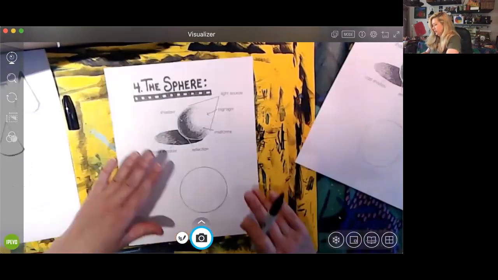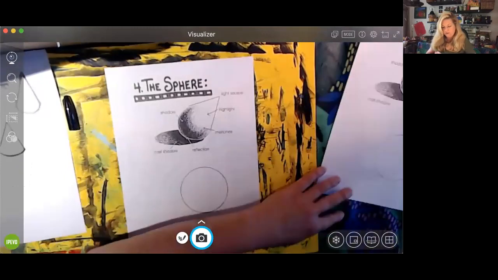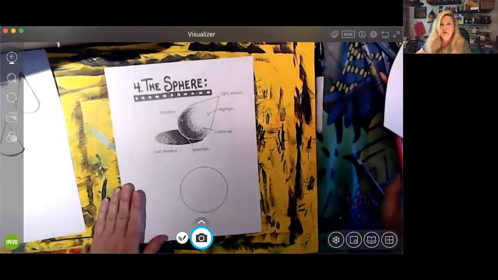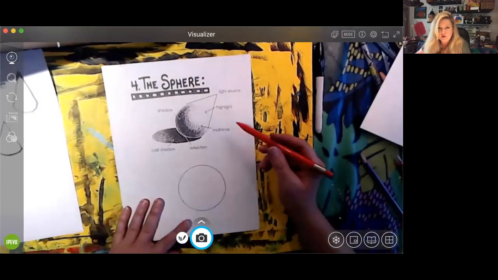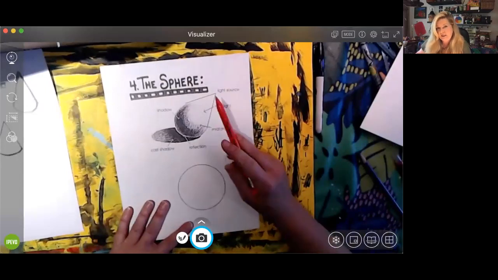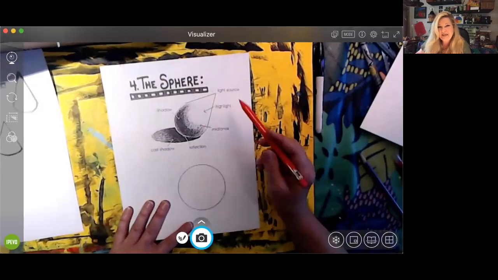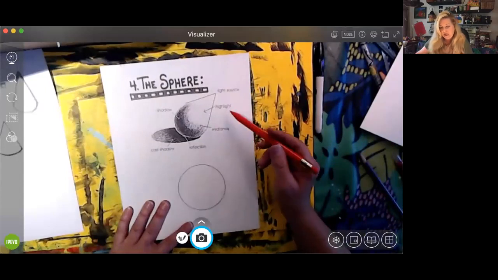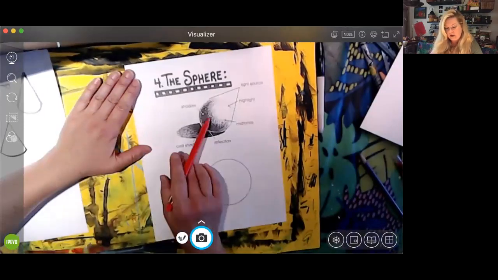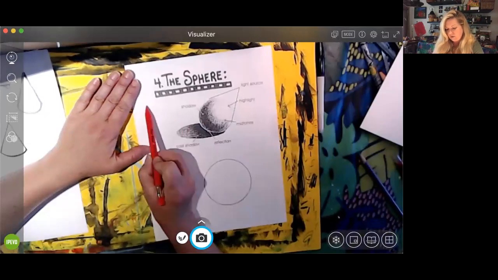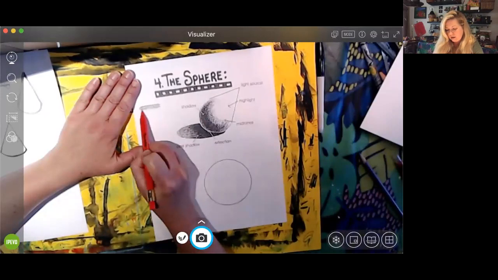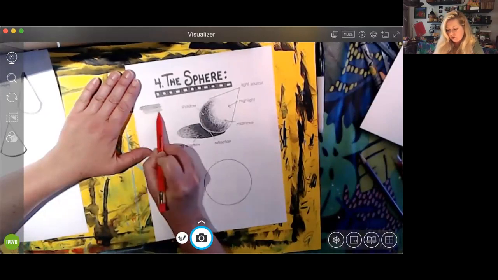Our last piece is something a little more tricky. It is called a sphere or a 3D circle. And the only way we really can show that a circle is 3D is through the technique of shading. And what I want you to do right here on the side of this diagram is to shade from heavy